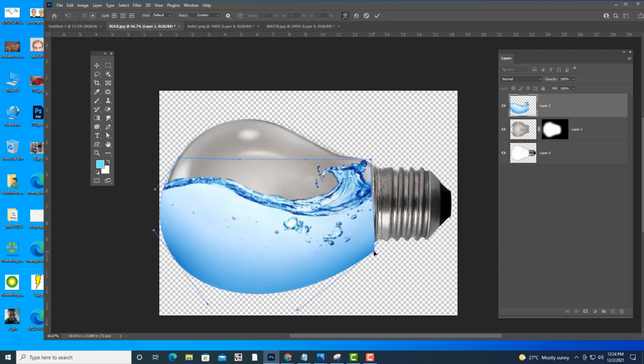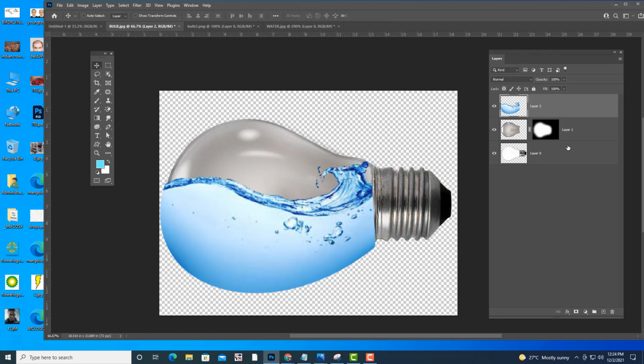Now I'm going to make it a clipping mask.